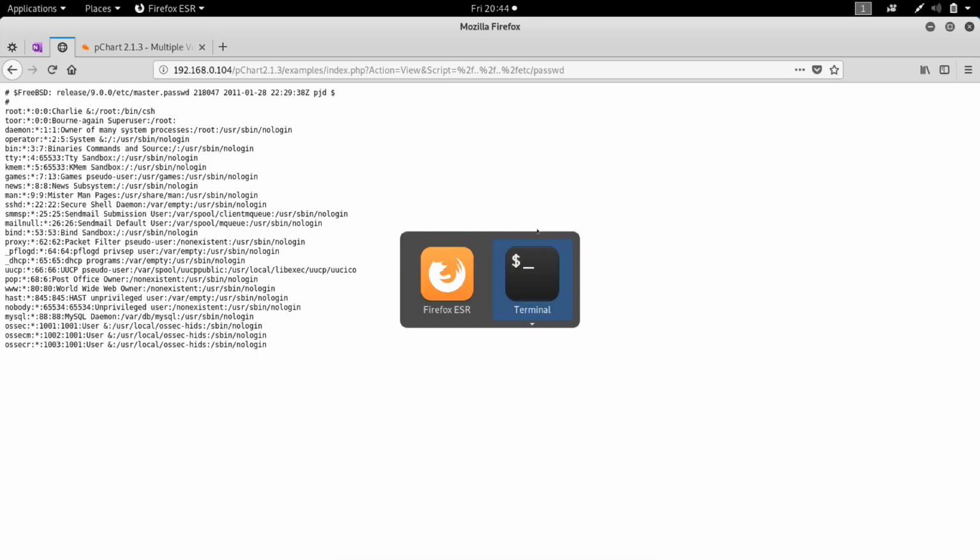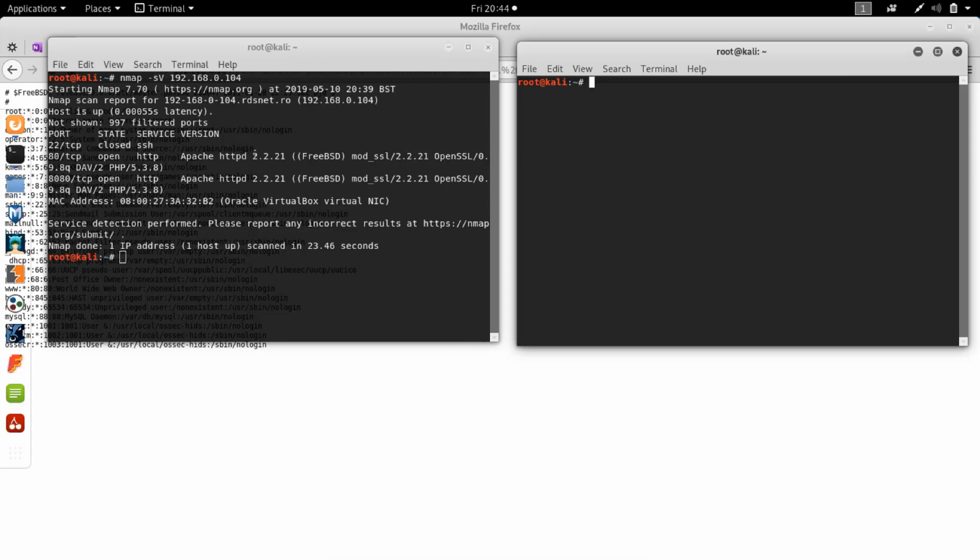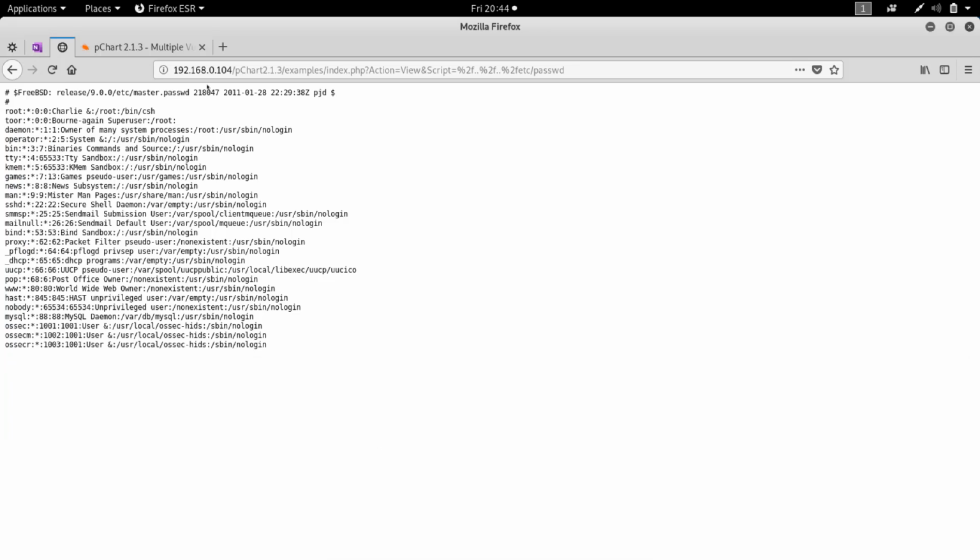If we look into Nmap, Nmap thinks it's Apache 2.2.21. So I Googled, at this point, for Apache configuration files for this type of operating system. And I found out that there's a lot of interesting information in /usr/local/etc